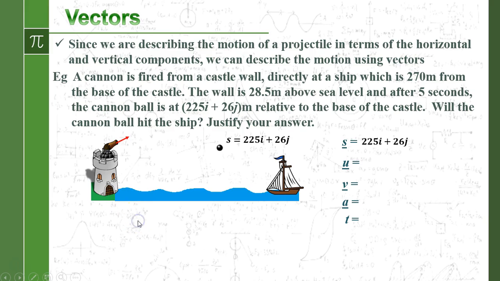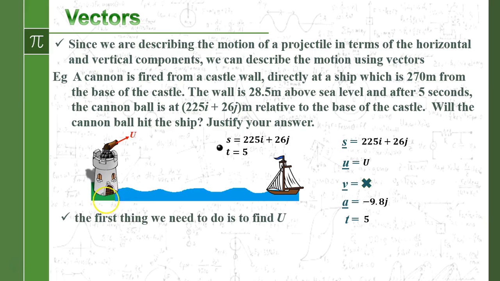Okay, what else do we know? We've got u, which we don't know at the moment, so we'll just describe it as that value there. Velocity we don't know at that point. Acceleration is just in one direction, so that's just minus 9.8j because it's just happening in the vertical direction, and t at that point is 5. So let's work out what u is, because we're going to need that. We're going to need the initial velocity to be able to do anything else with it. So off we go,